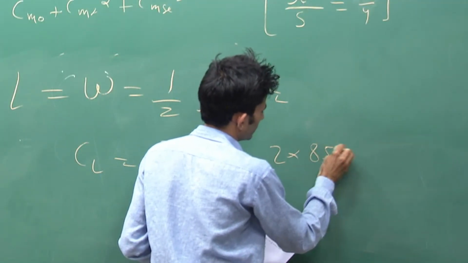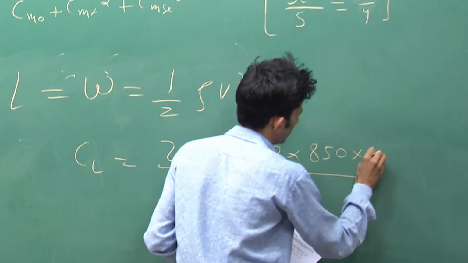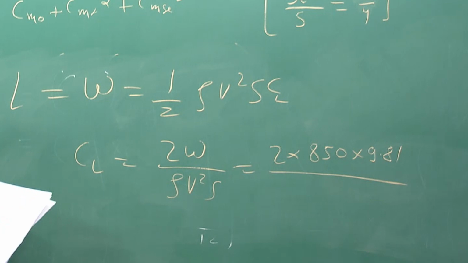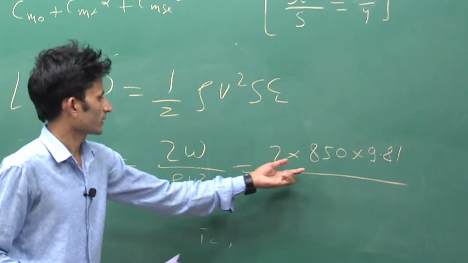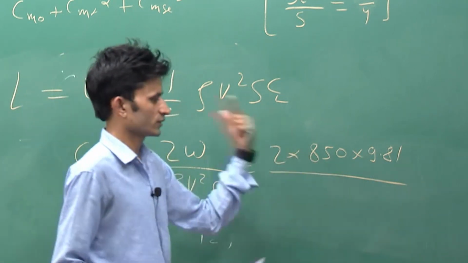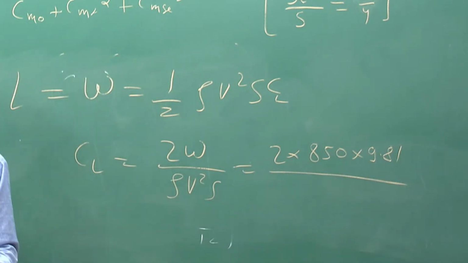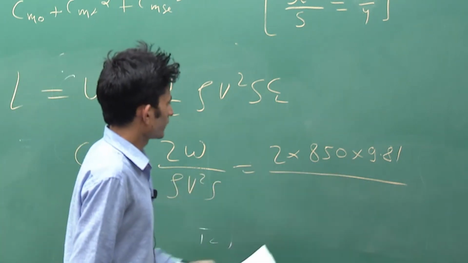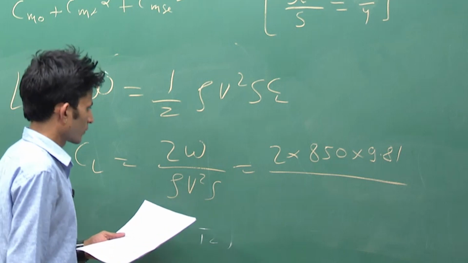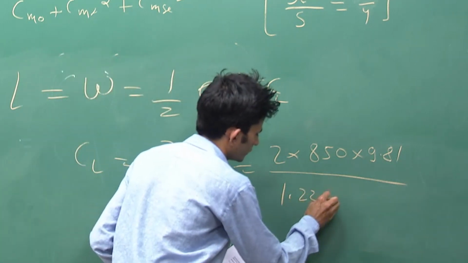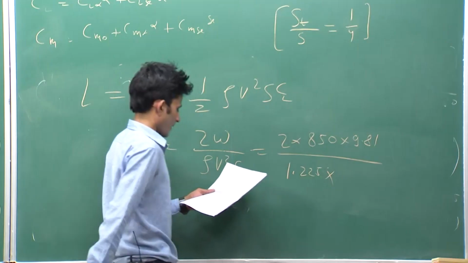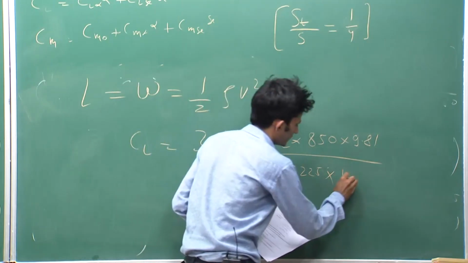850. So please note down that 850 kg is the total weight, because at the beginning of this lecture I think we missed this weight. So please note down this. So weight will be 850 kg and rho mean sea level 1.225, take 3 digits. V speed is given already, 45,